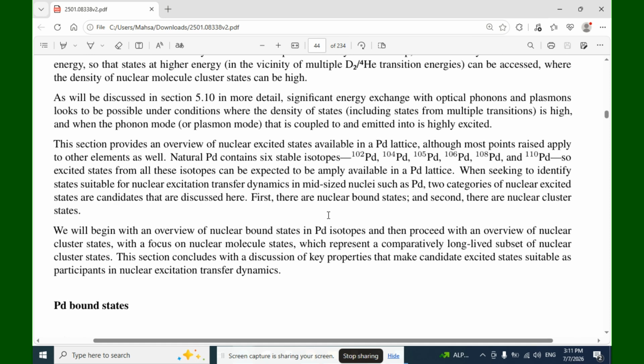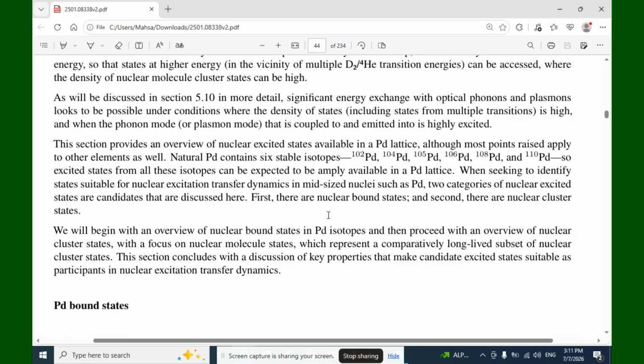Natural palladium contains six stable isotopes: palladium 102, palladium 104, palladium 105, palladium 106, palladium 108, palladium 110. So excited states from all these isotopes can be expected to be amply available in the palladium lattice. When seeking to identify states suitable for nuclear excitation transfer dynamics in a mid-sized nucleus such as palladium, two categories of